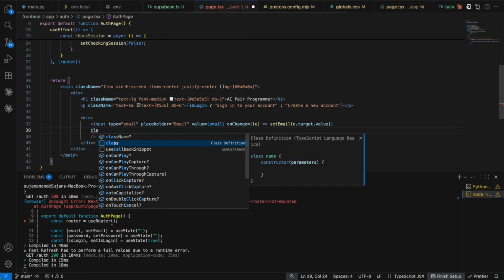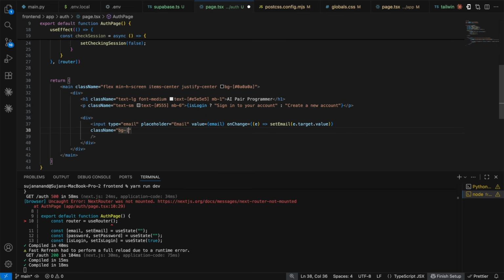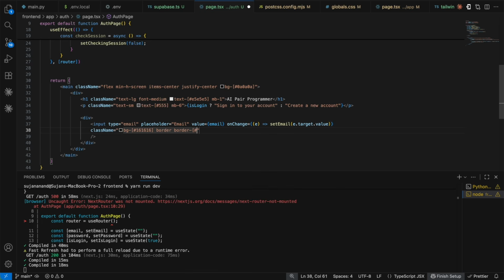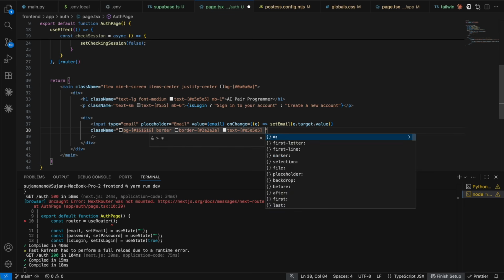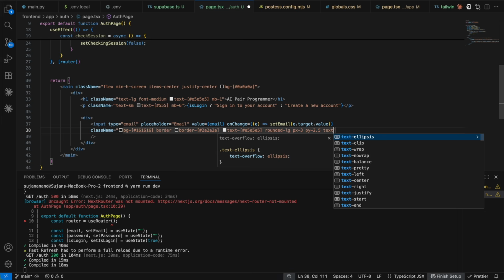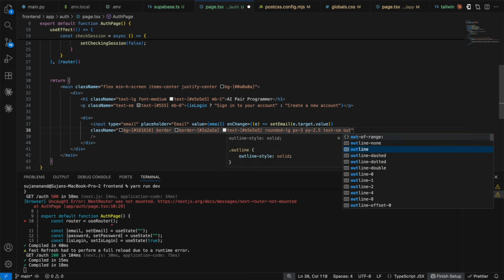Okay, so next let's try to have a class name. Here we're going to say bg and then 16, 16 and then 16. It's going to have a border of this color code, that is 2a and then 2a. Text of this color code, that is going to be E5. I'm going to say rounded is going to be LG. Okay, some px of 3, py of let's say 2.5, text is SM, outline I'm going to say none,